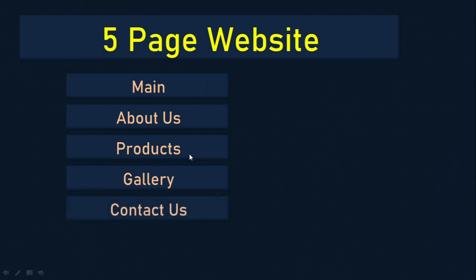So let us consider a small mobile company. For them, let's do this website. Once you know how to make all these things, you can always change this to whatever you want. Even this complete 5-page template is available for you to download, so please check the description to download the whole website.